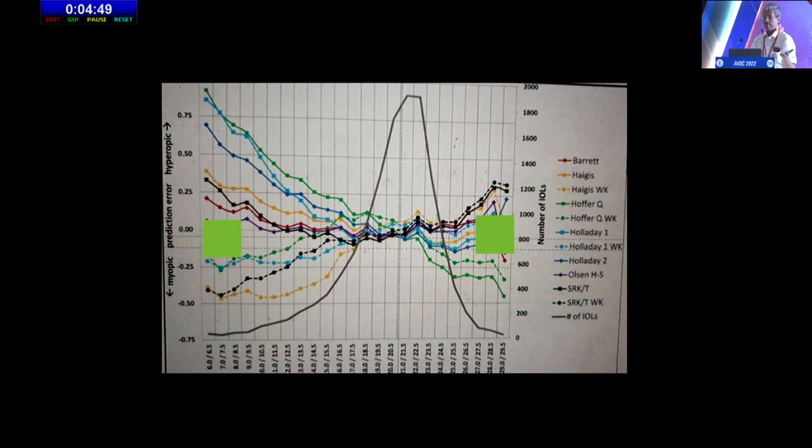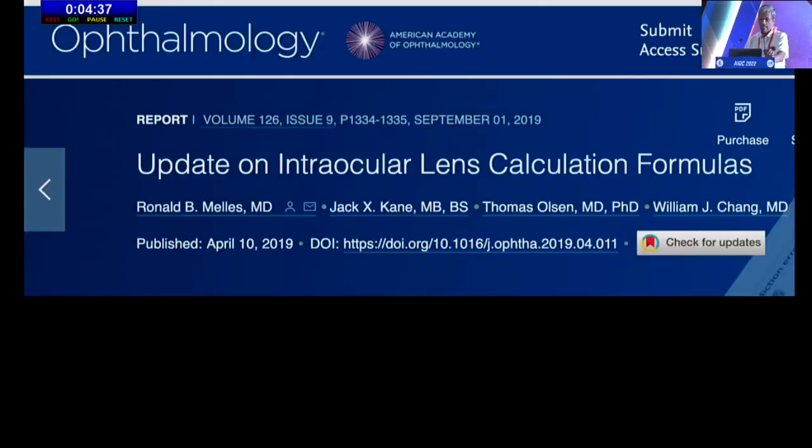There is a big variability in outcome when you have an IOL power of plus 10 or plus 30. So for extreme IOL powers, none of these formulas work well. In 2019, the same group, Ronald Bellis, this time with Kane and Thomas Olsen, again redid the calculations, and this